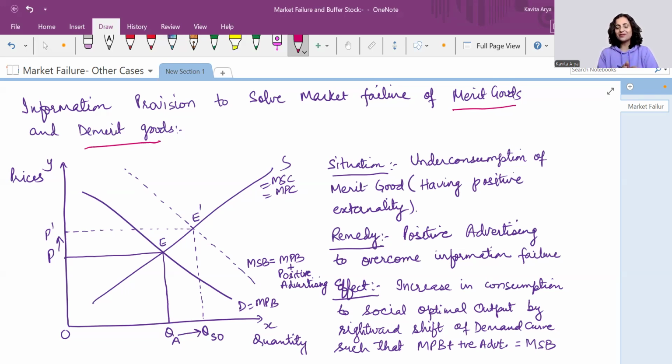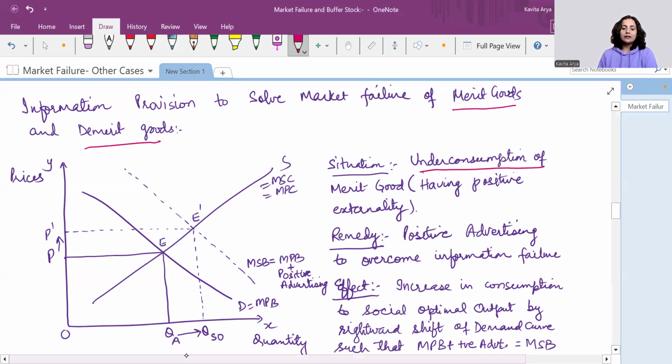Government also would have taxes, so the infrastructure would develop. Similarly, an educated person gets the benefits of education in terms of a good job, good salaries, good standard of living, and he promotes that education carries on to the generations, right? So it's not merely benefiting him but also the society as a whole. So when we talk about merit goods, it means these should be consumed more, but these are consumed less. So the situation with merit goods is underconsumption.